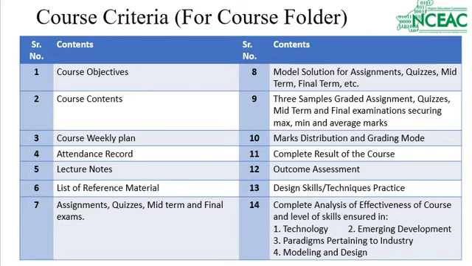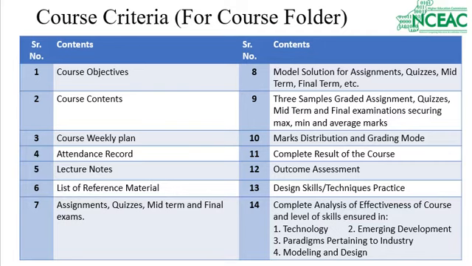The contents of all the course criteria include the course objective, course content, course working plan, attendance record, lecture notes, list of reference material, assignments, quizzes, midterm and final term examinations, model solutions for assignments, quizzes, midterm or final term, etc. Three sample graded assignments, quizzes, midterm, final term, scoring minimum, maximum, and average marks. Marks distribution and grading mode. Complete result of course,